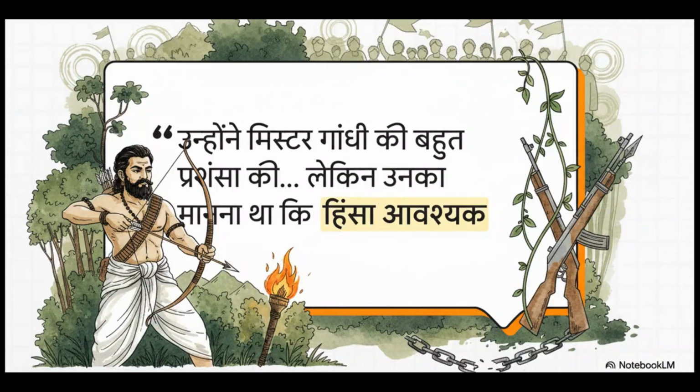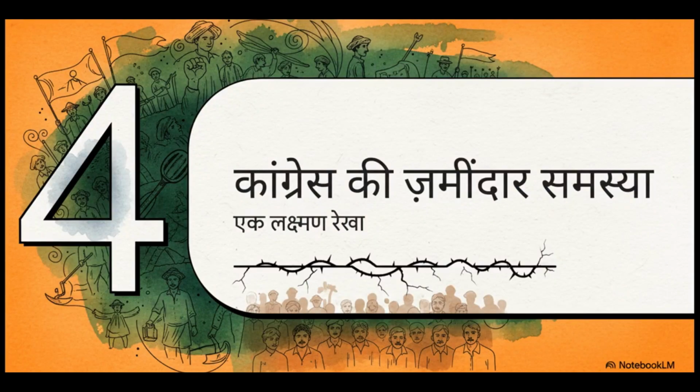उग्र थे। और ये जो मतभेद था उसे अल्लूरी सीताराम राजू का यह बयान बहुत अच्छे से दिखाता है। राजू गांधी जी की बहुत इज्जत करते थे, उनकी तारीफ करते थे, लेकिन उनका साफ मानना था कि आज़ादी के लिए हिंसा जरूरी है। उन्होंने गांधी जी के अहिंसा के सिद्धांत को पूरी तरह से नकार दिया और अंग्रेजों के खिलाफ एक बाकायदा गुरिल्ला युद्ध छेड़ दिया। तो चलिए अब कहानी में और आगे बढ़ते हैं।